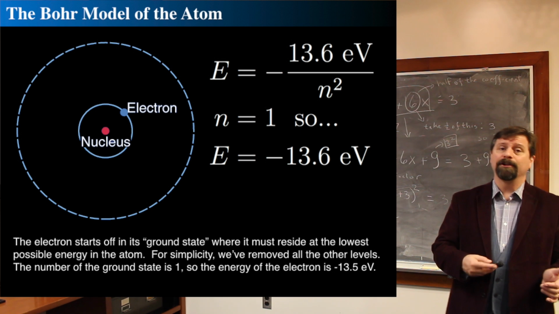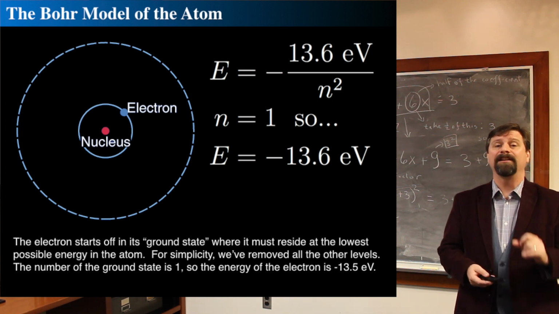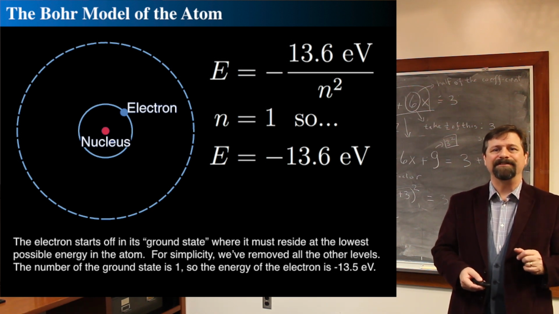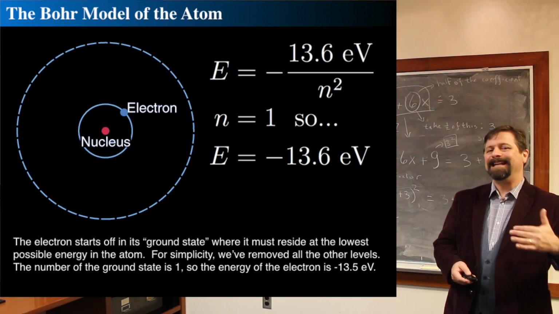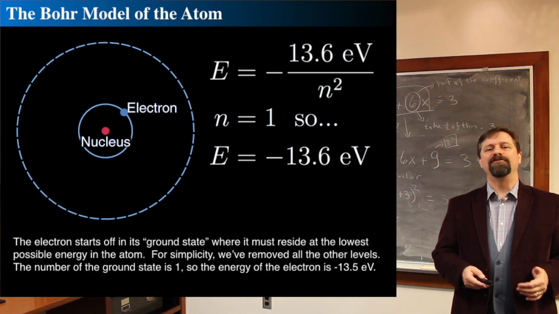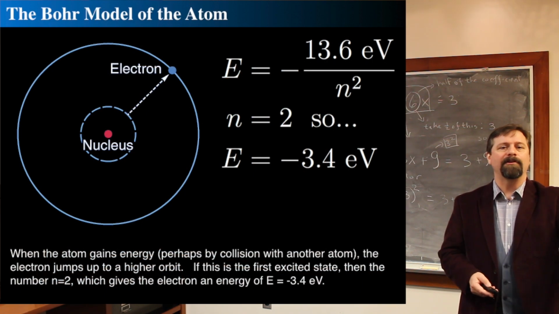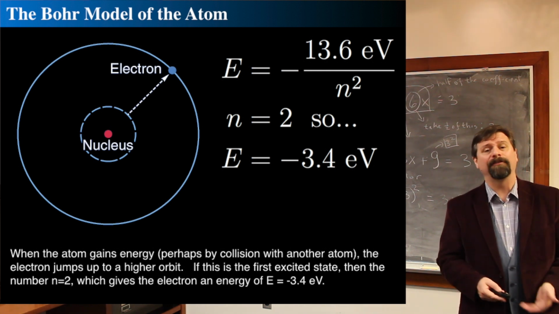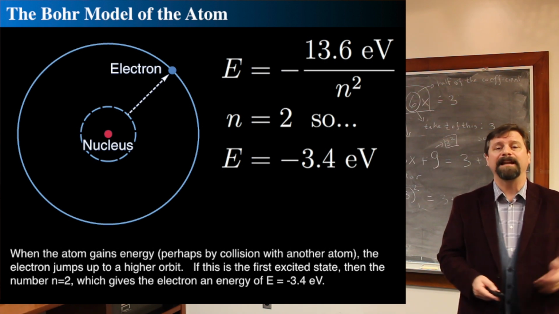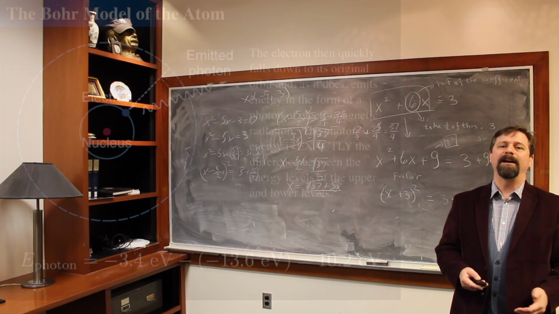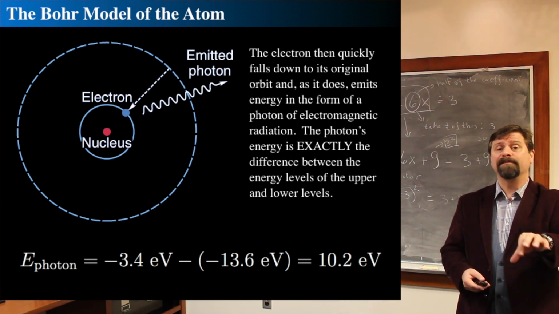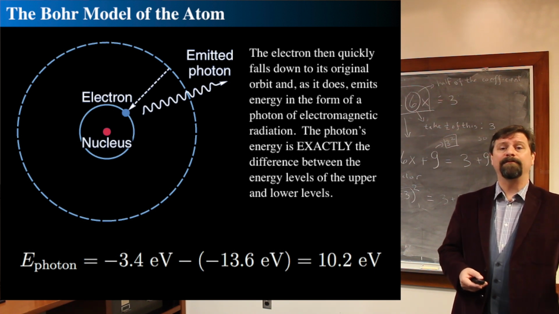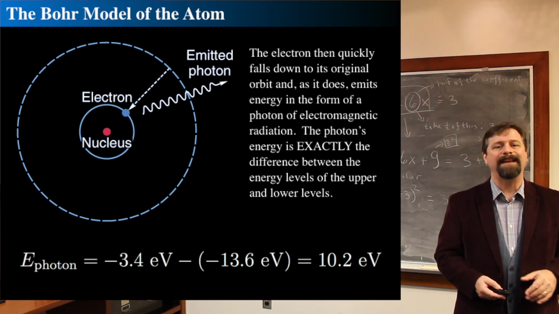So the energy, we're going to call it, is a negative 13.6 electron volts. And I'll let you Google what an electron volt is, because that's a really interesting subject all of itself. So that is n equals 1, and that has an energy of negative 13.6 electron volts. So now if something comes along and collides into it, the electron jumps up to the next orbit. So that's at n equals 2, and that works out to have an energy of minus 3.4 electron volts. It then emits a photon as it drops from the first excited state back down to the ground state. And you subtract the two, minus 3.4 minus a minus 13.6, that ends up to be 10.2